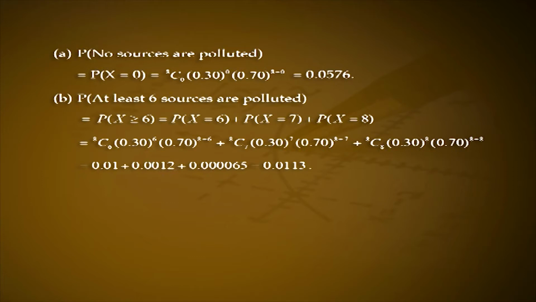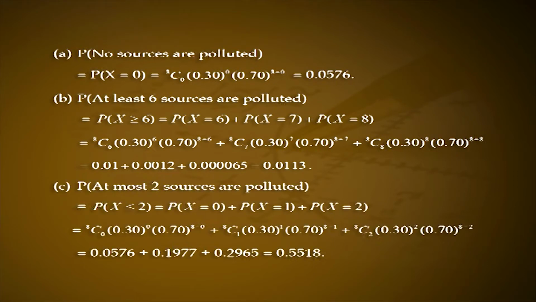0.000065, that is equal to 0.0113. Probability of at most 2 sources are polluted, that is equal to P of X less than or equal to 2, that is P of X equal to 0 plus P of X equal to 1 plus P of X equal to 2, that is 8C0 0.3 raised to 0 into 0.7 raised to 8 minus 0 plus 8C1 into 0.3 raised to 1 into 0.7 raised to 8 minus 1 plus 8C2 into 0.3 square into 0.7 raised to 8 minus 2, that is